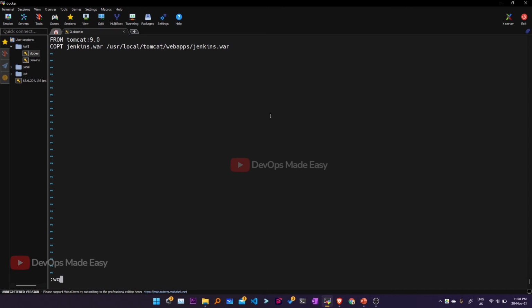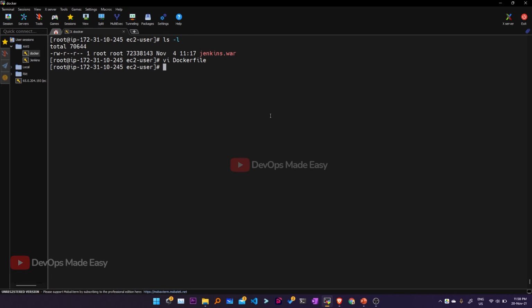So I'm going to save the file and then use the docker build command to build this Docker image, docker build -t, and I'm going to name it jenkins custom image, and then I'm going to tag it 1.0 and a dot, which is the context.